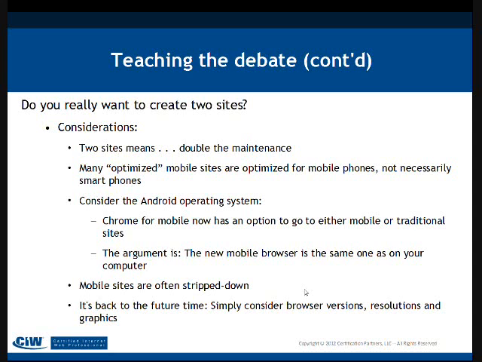And what mobile Chrome does is it gives you the option to not go to the mobile website for a company. So if you were to go to eBay, it says, do you want to go to the traditional site or the mobile site? And the reason it does that is because the mobile sites, as we point out in the